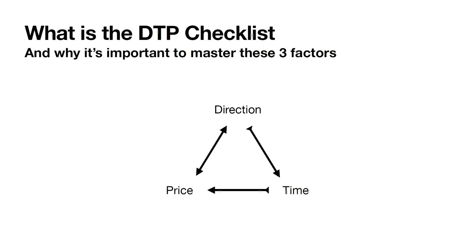Okay, so let's start off by giving you a quick overview of the framework. Just now I mentioned there are three factors. On the screen, you can see number one is direction, and then we have some arrows there as well. Then it goes over to the time aspect and then the price point. And in terms of price and direction, you can see there's actually a two-headed arrow.